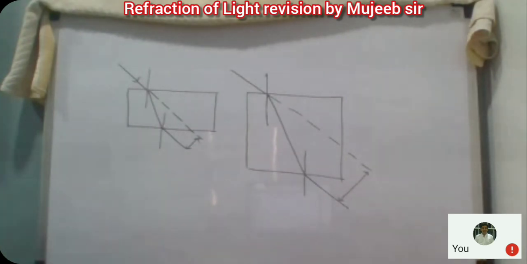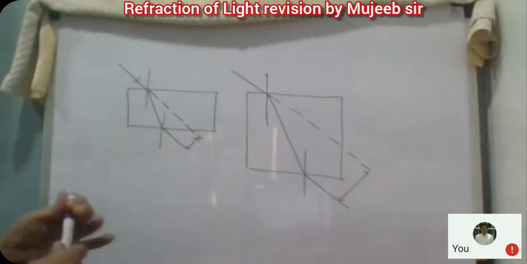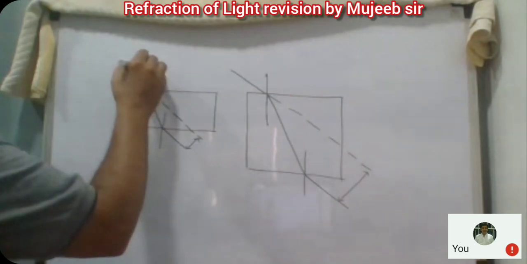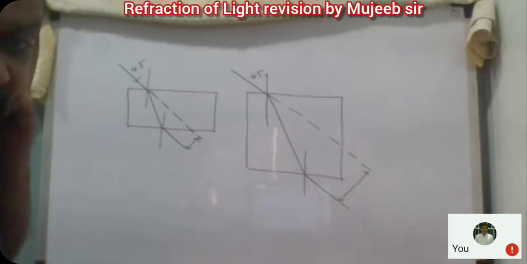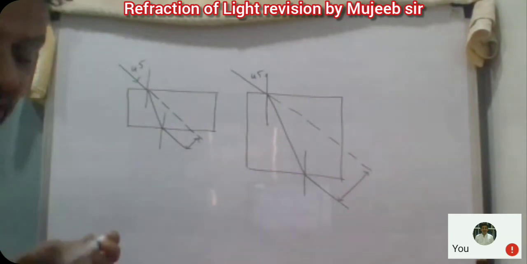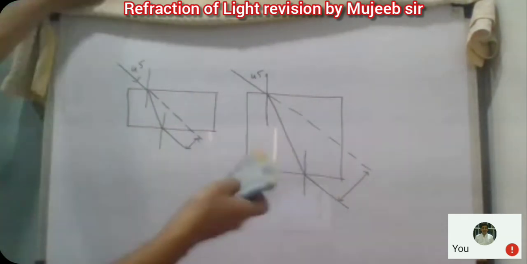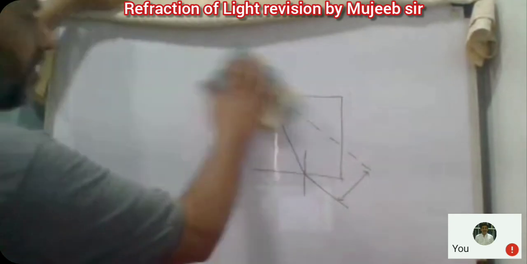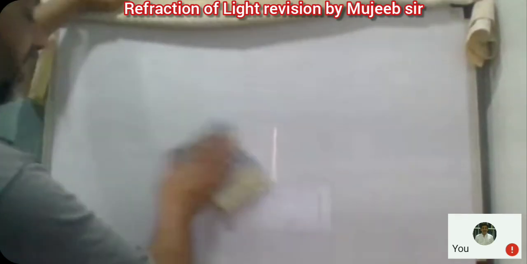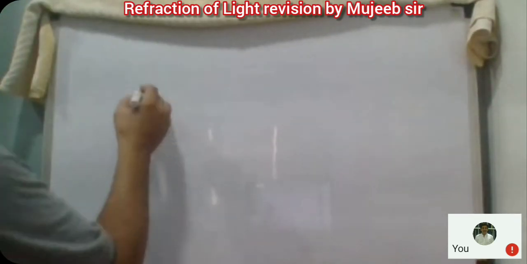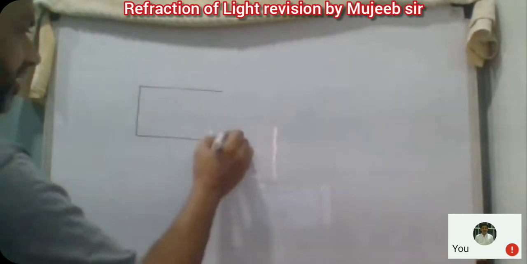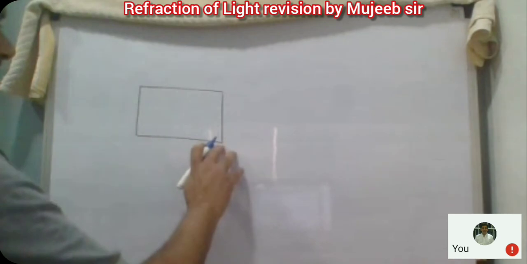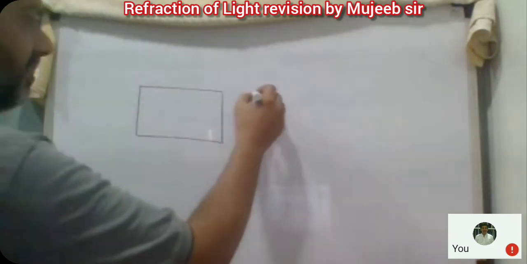Okay, then next thing. Second time, we keep both the angles of incidence at 45 degrees. Next time we'll change the angle of incidence. Now let us see what happens when we change the angle of incidence, keeping the glass slab of the same thickness. You take two glass slabs over here which have the same thickness.